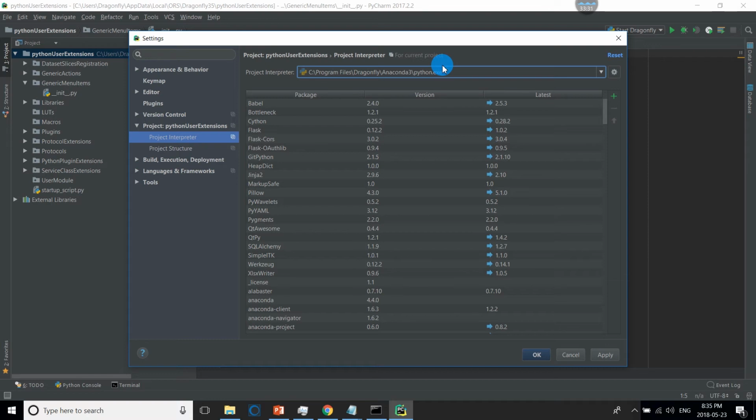So does anyone here not see this one in the project interpreter? Okay, that's good. Yeah, that's fine.